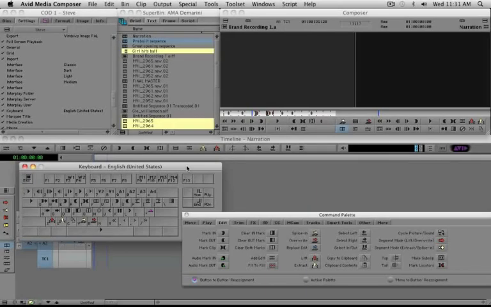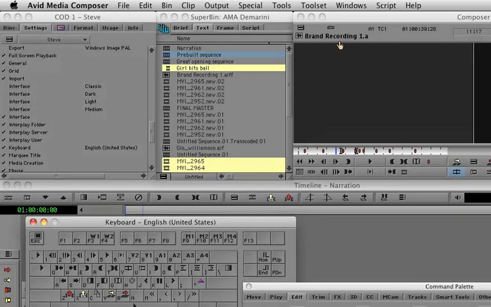So what I want to do now is show you how to use locators to edit. Now, a locator is very similar in Avid to a marker in Final Cut Pro. It's just a way to place a point in an edit or in a clip that tells you where something happens. What I've done here in this brand recording clip, which I've loaded from my bin into my source monitor,